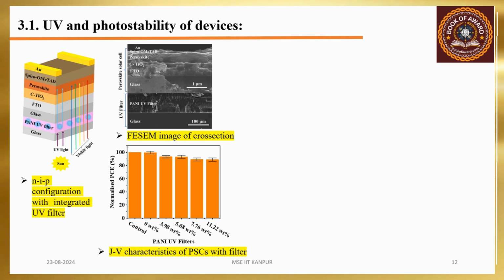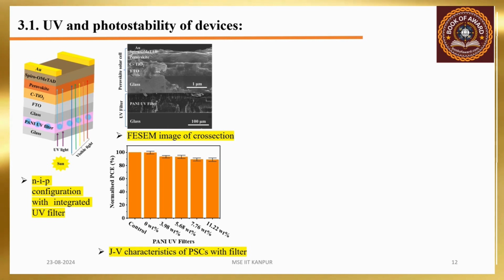So we find out that the Pani UV filter with 3.988% is the best Pani UV filter to study the UV and photostability of devices,